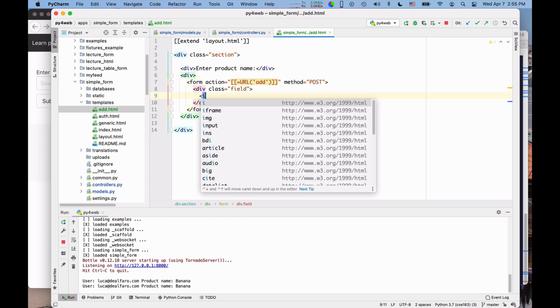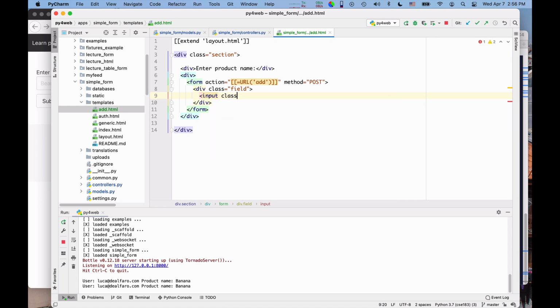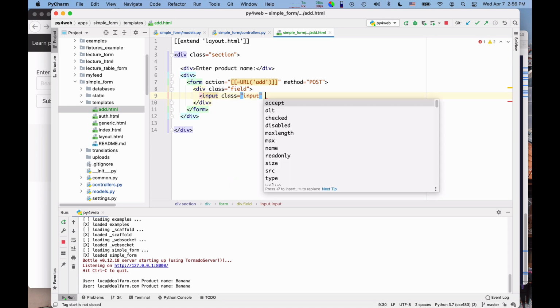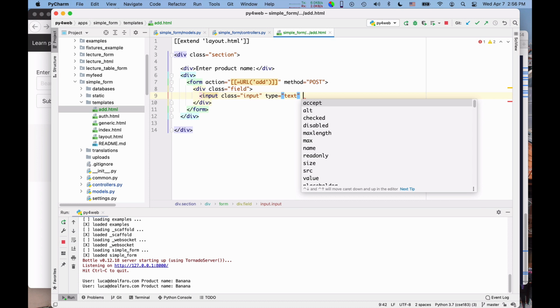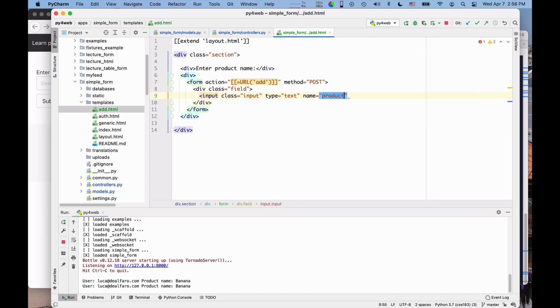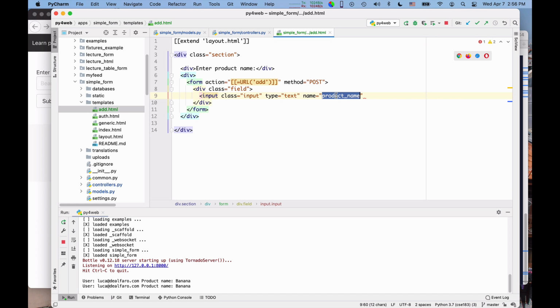So I will do input. Input tags are used to define these fillable areas on the screen that I'm sure you have seen. Class is equal to input is again to keep Bulma happy and have it nicely configured. Then I can say that the type of the entry is equal to text, because the product name is text, and this tells the browser which type of values are allowed in that particular field. And then I say name is equal to product name. So when the information is sent from the browser to the server, this product name will be the name of the place where the text that fills in this input will be transmitted.